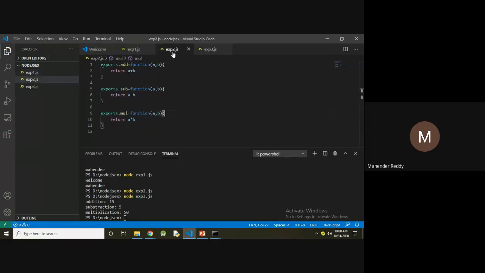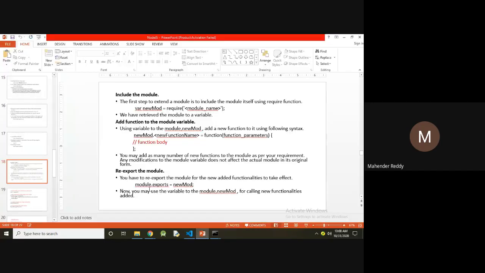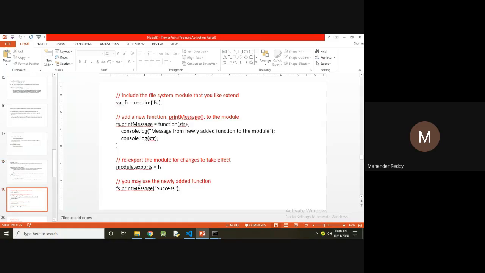So exp2.js has three functions: addition, subtraction, multiplication. These functions are accessed in another file with the help of the require module. Here include the file system module that you like to extend. Add a new function print message to the module.